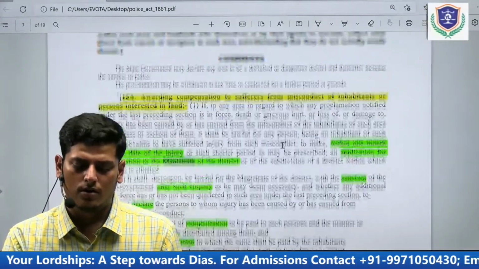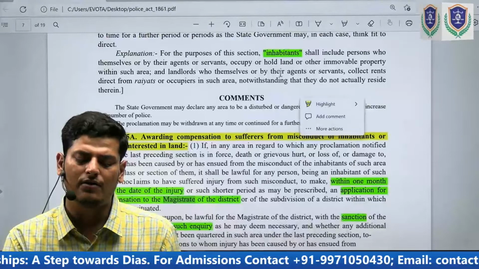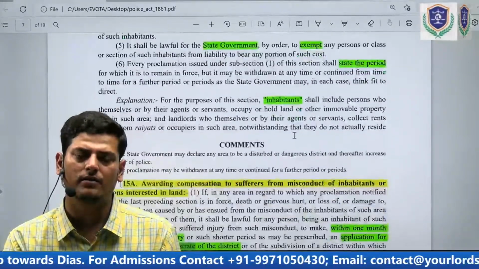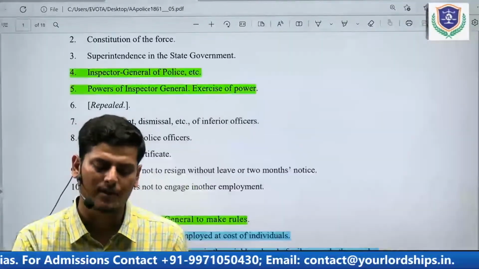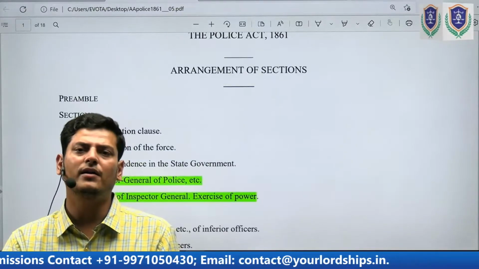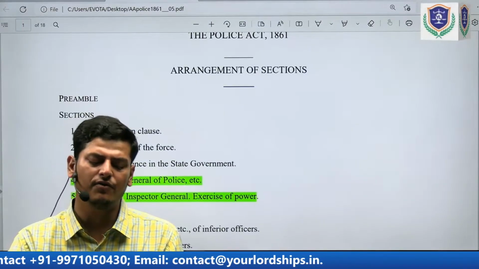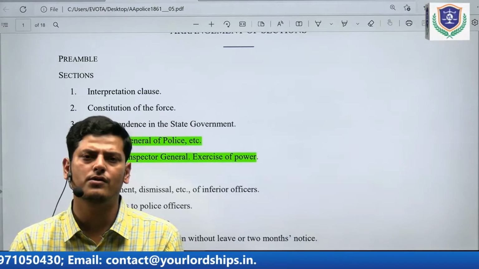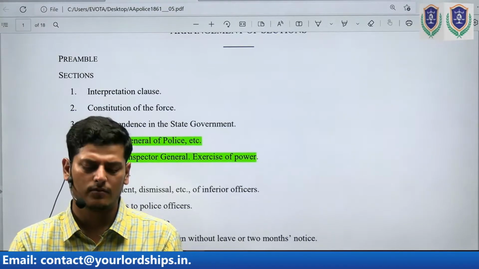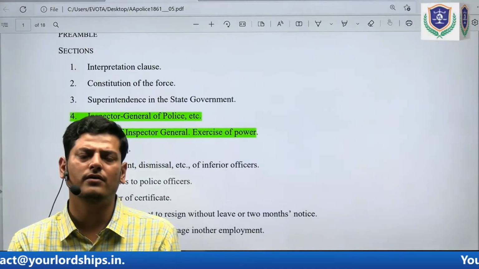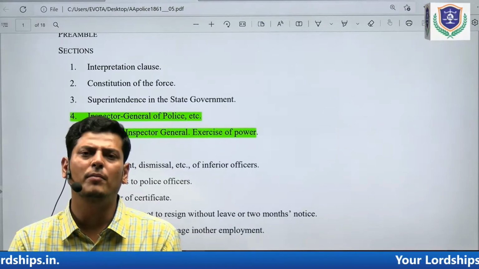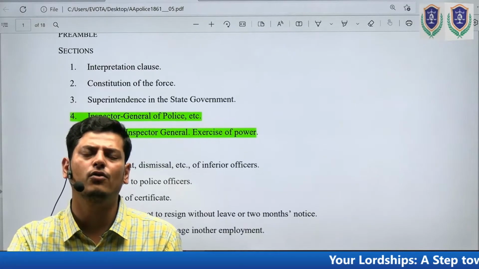So this is about section 15 that we had covered until yesterday. What all did we see in Section 15? In Section 15 we saw the interpretation clause. In Section 15 there shall be one police force within the general police district, and members of the police force are required to be enrolled. Section 2,